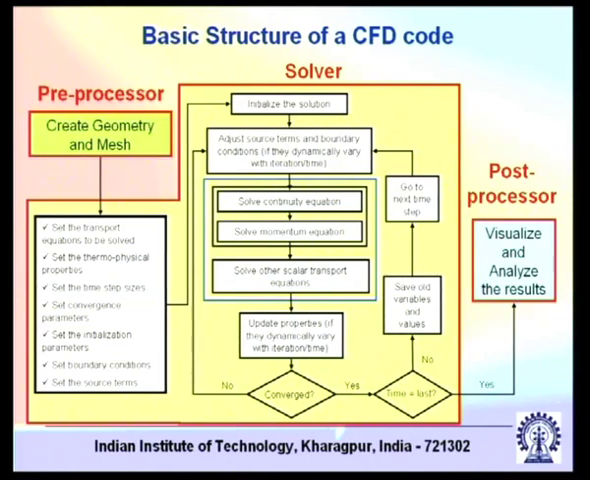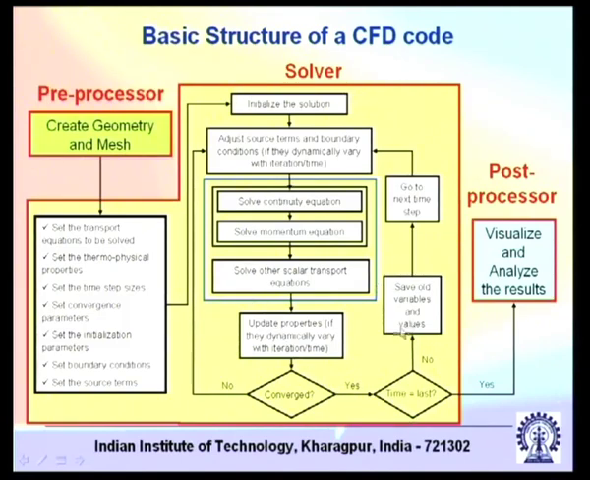Then you can solve other scalar transport equations depending on which other equations you need to solve. For example, if you require to solve energy equation, then you can solve that. If you require to solve the species conservation equation, you can solve another scalar transport. Then update the properties if they dynamically vary with iteration or time. So some of the properties may not be constants, but they may vary with iteration or time and that you need to update, and then you check for convergence. If convergence is not achieved, you go to the next time step or next iteration. In this way iterations are done in a solver,